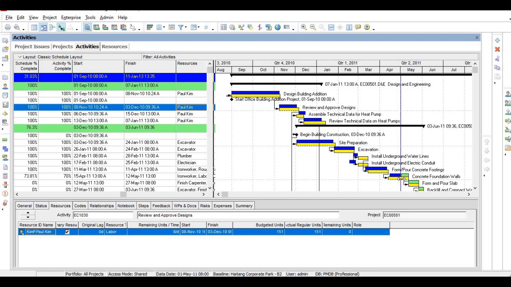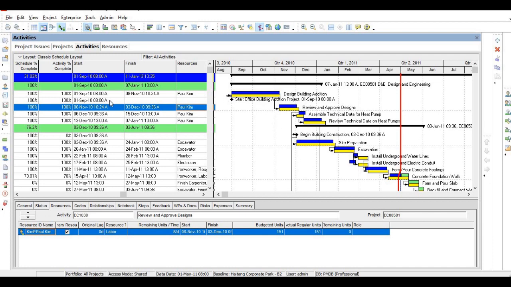So the blue color line shows the project status date. By this date, they have taken a project progress. You can also click this one, that is called progress line. Just click this one. Okay, this red line represents project progress. The Gantt chart to the left side of this red line is